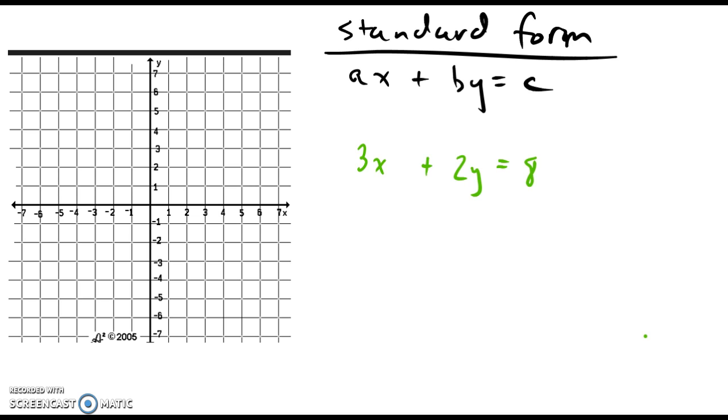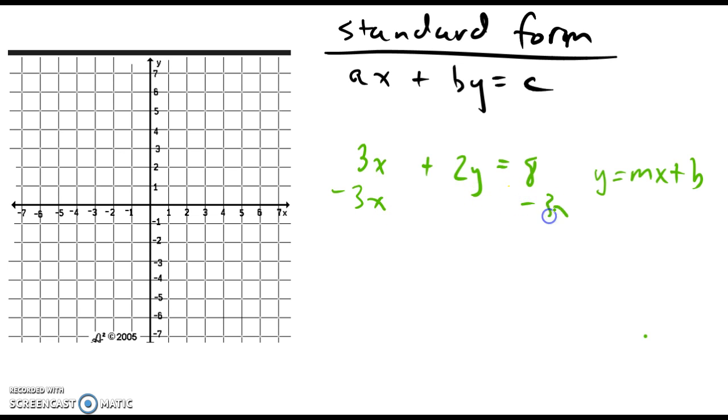So let's look at this equation. In standard form, 3x plus 2y is equal to 8. We want to get it into slope-intercept form. In order to do that, recall that slope-intercept form is y is equal to mx plus b. So we want to solve for y, which we looked at in the literal equations unit in section 2.9. So let's solve for y. We can't really remove that 2 from the y yet. We have to